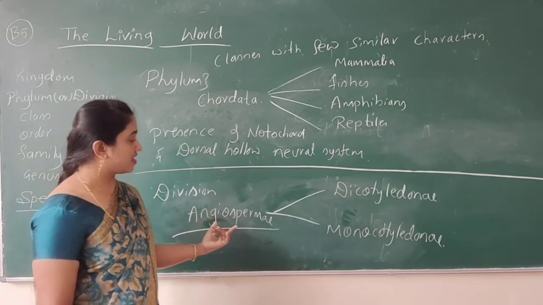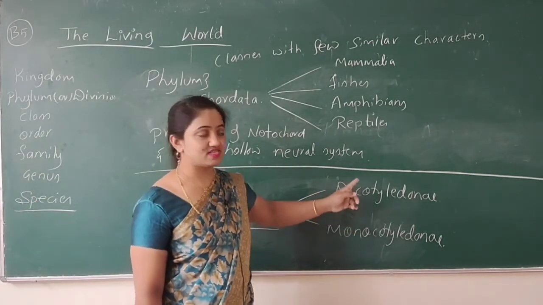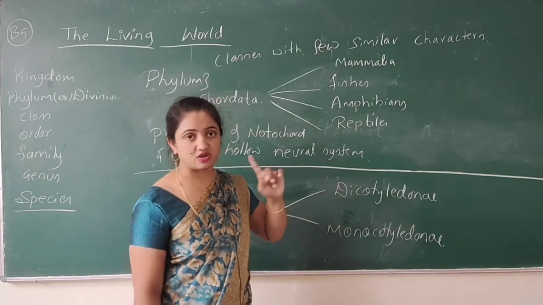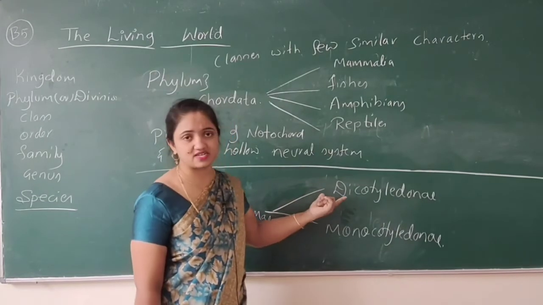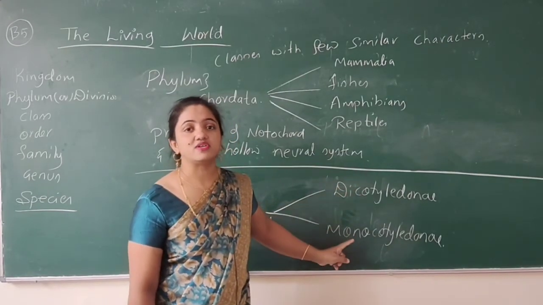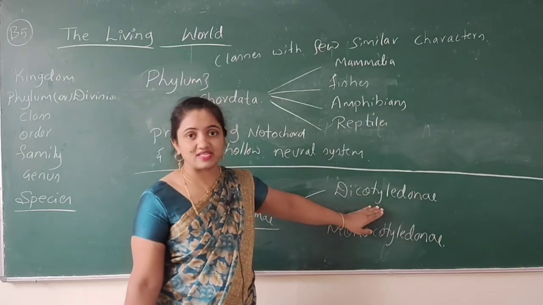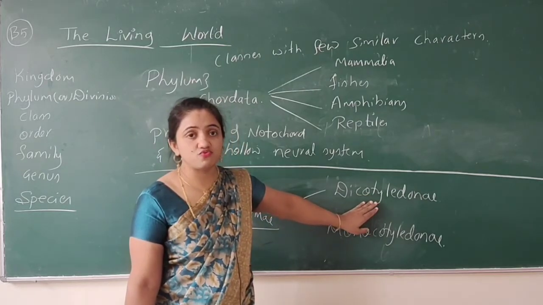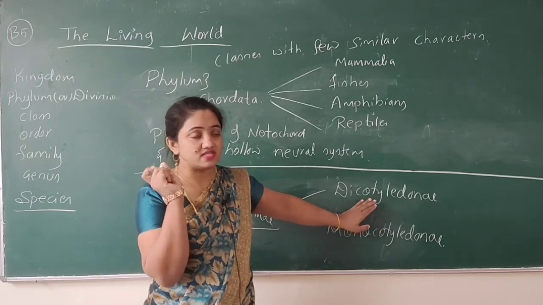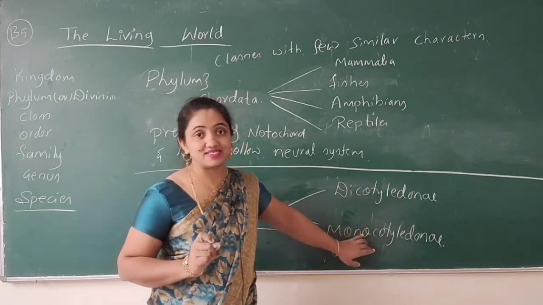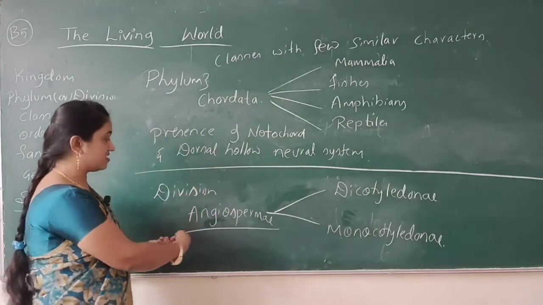Why are they grouped under this division? Because in these two classes the common feature is the presence of cotyledons. We don't need to know how many cotyledons there are. What is important is the presence of cotyledons. If cotyledons are present, they can be grouped under this division